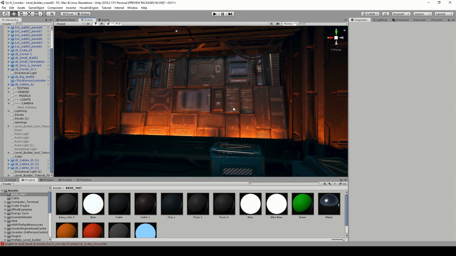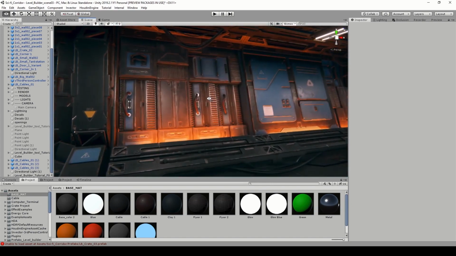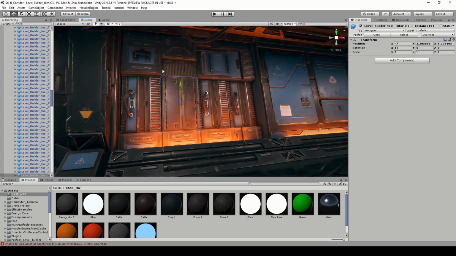This has also the advantage that everywhere else in my scene I won't be having a similar wall. Everywhere where I look, I will have a different version of this wall with different props. So everywhere they are different. They are also still a prefab. So if you would like to make changes afterwards, we can easily change the prefab and move this or delete